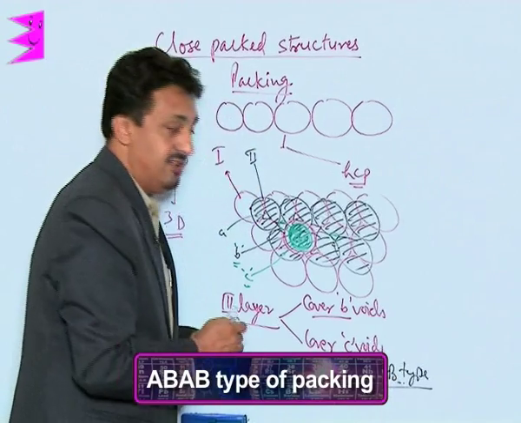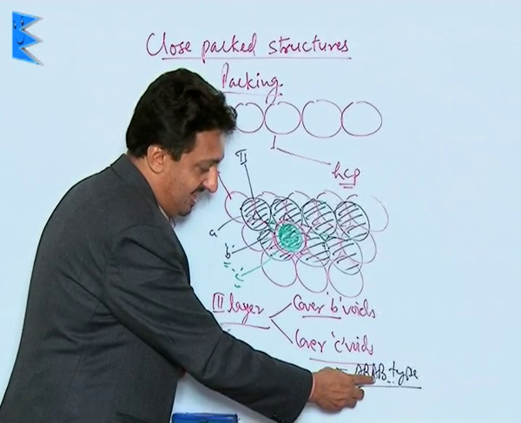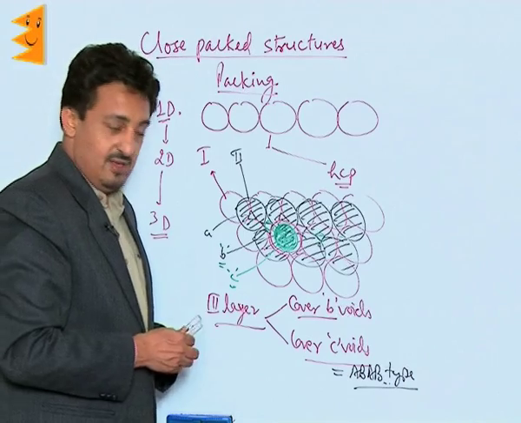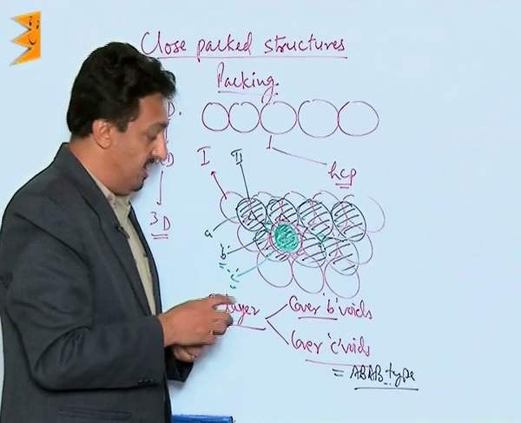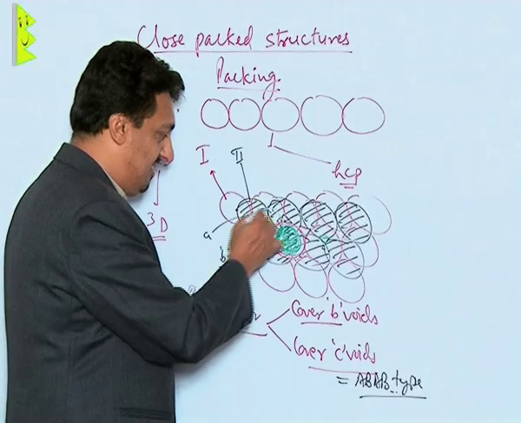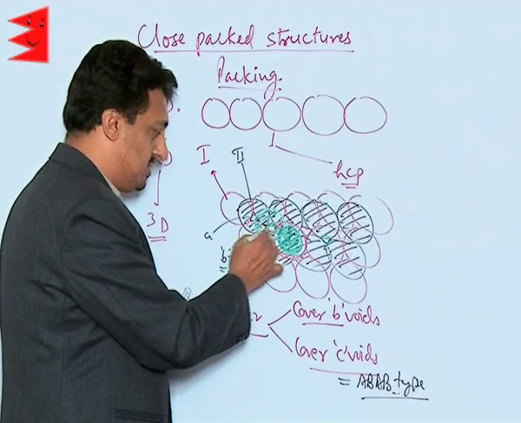It's called AB, what does that mean? The first layer resembles the third, the second resembles the fourth, and then this is repeated and so on. So it's called AB type of packing. And then the other option, if we cover the B voids like this one, we can easily make out that